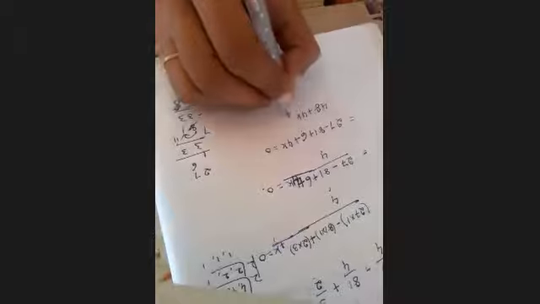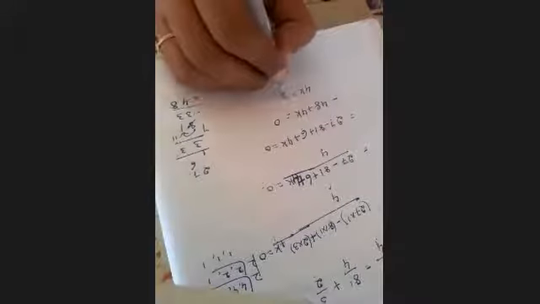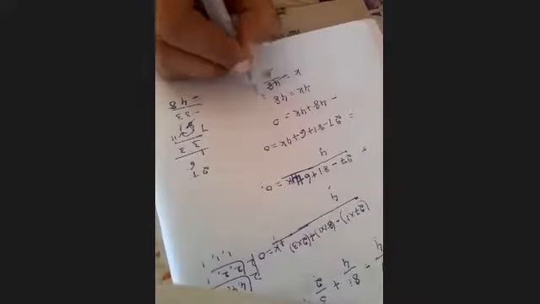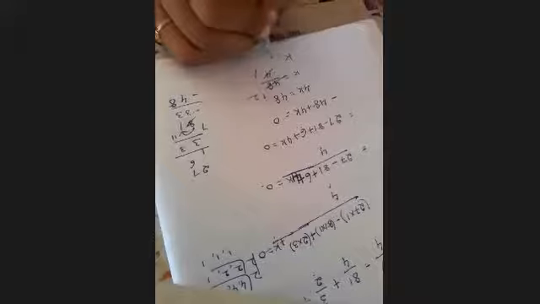48 plus 4k equal to 0. So minus sign is there, no? Minus 48. The minus will go to that side, means 4k equal to 48. So k equal to 48 by 4, 4 ones are 4, 4 twos are 8, so k equals 12. Now the k value is found. They asked us to find the k value.